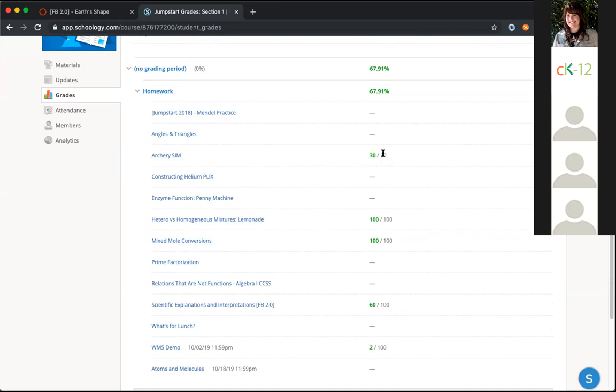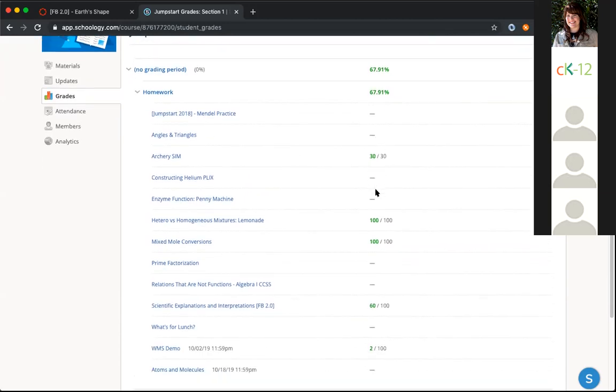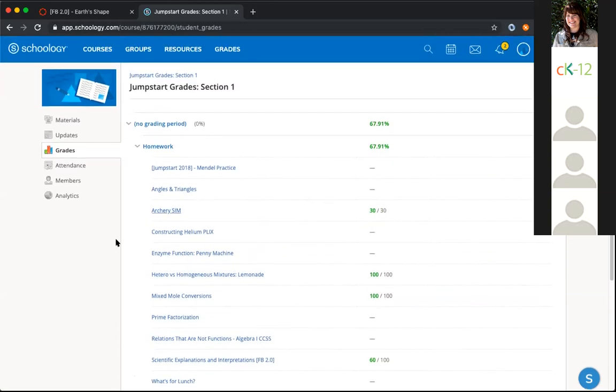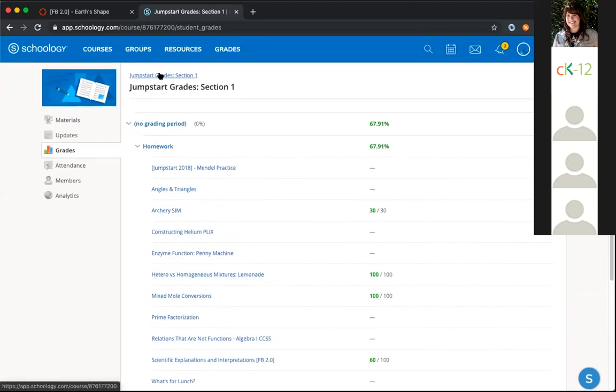So we're trying to figure out a way where we can surface that by some other means. But right now for Schoology, you would just have access to the grades that are updated in the gradebook. And then of course students could open up the assignment and show you that level manually, like for that quiz.